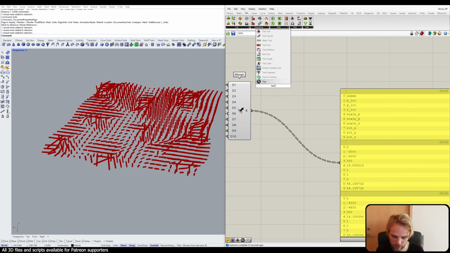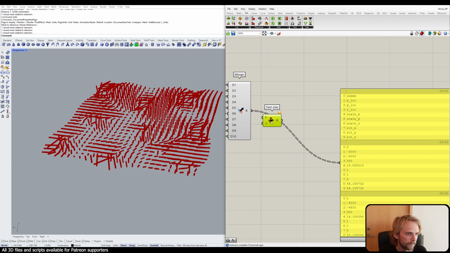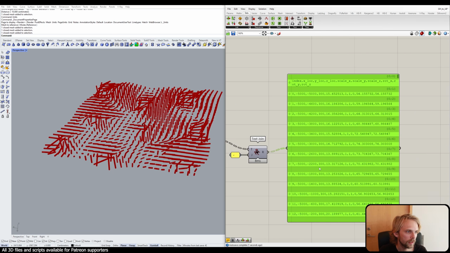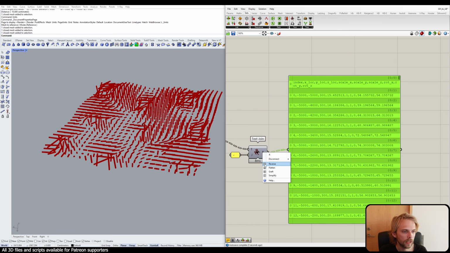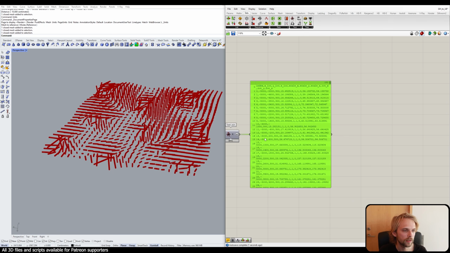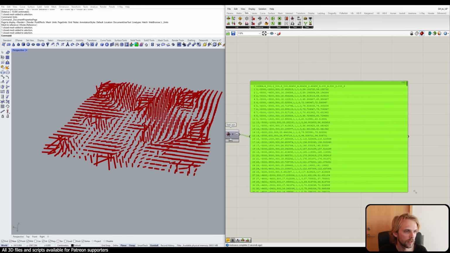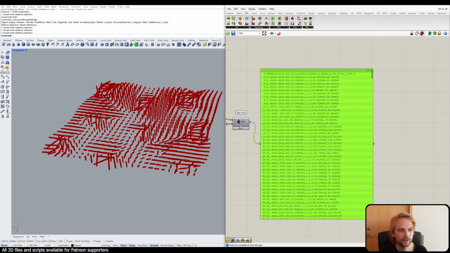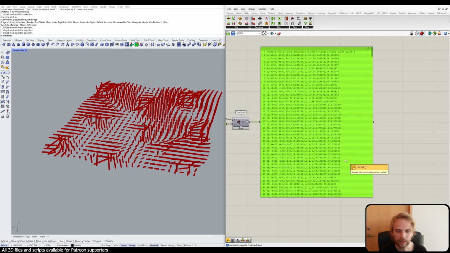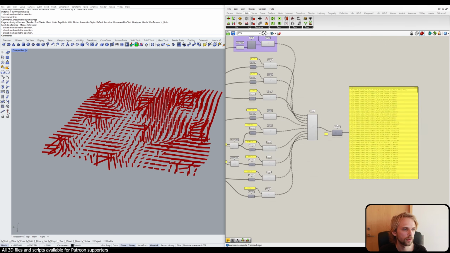I'll use text join, like this. And our joiner is going to be dash dash, comma, enter. There we go. Look at it again. This is how it looks like. We flatten this now to get one little list out of this. And this is what we're going to be saving as our Excel